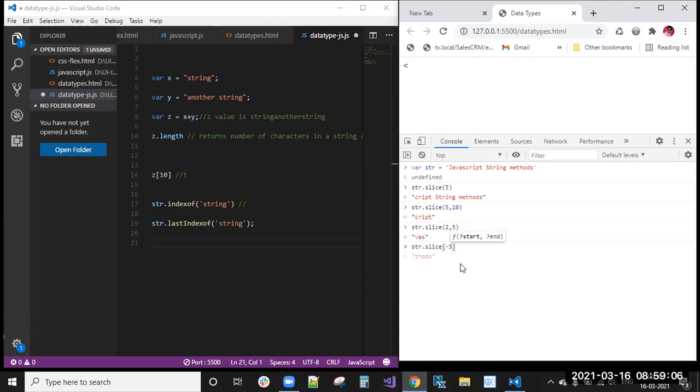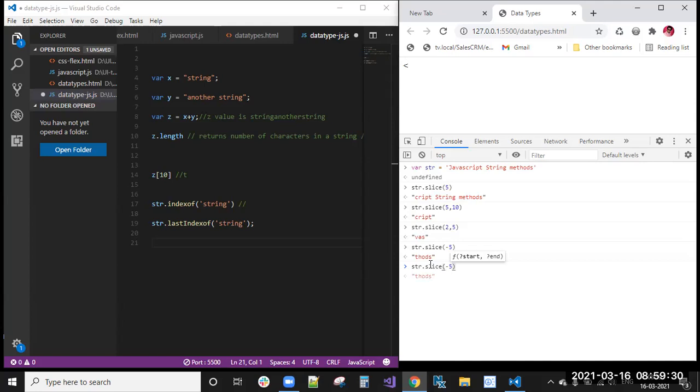Here, if I return -5, then -5 means it will count from this end: -1, -2, -3, -4, -5. So from -5 to -1, it will extract that string and return it as a new string.